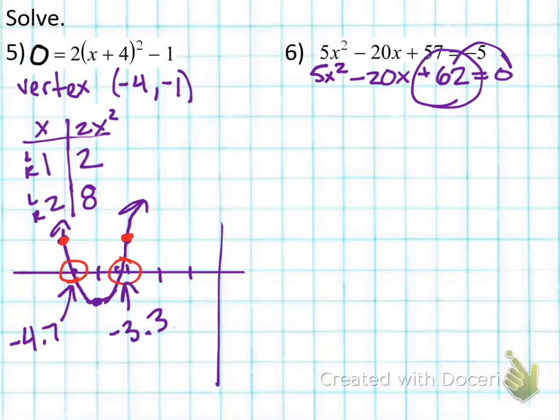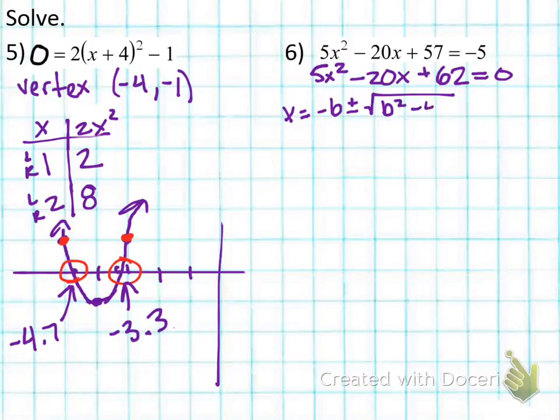You would want to move the 62 back over here. But in order to proceed with completing the square, you have to have a 1 in front of the x squared term, so you would have to divide everything by 5. And 5 doesn't go into 62 evenly, so that would involve fractions. So again, I'm just going to use quadratic formula here,